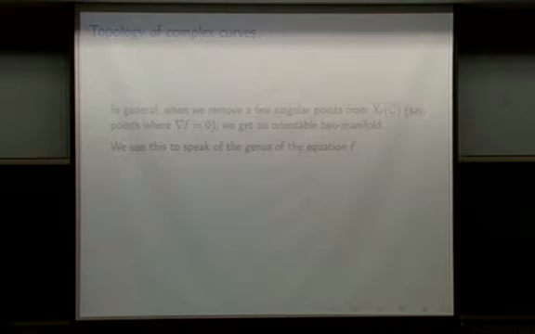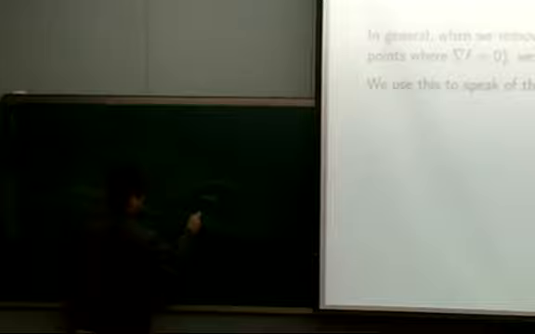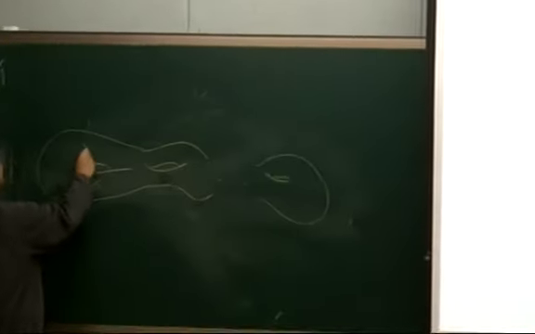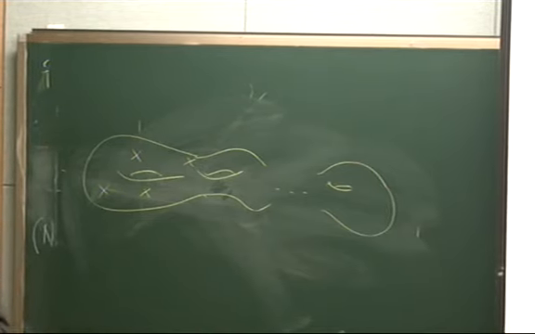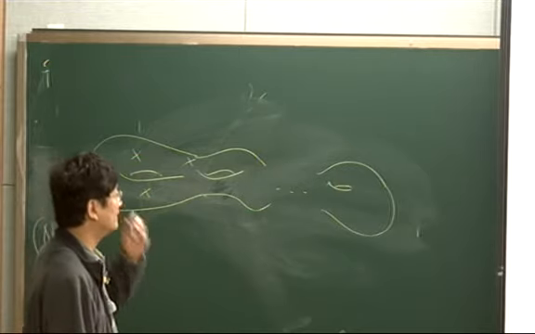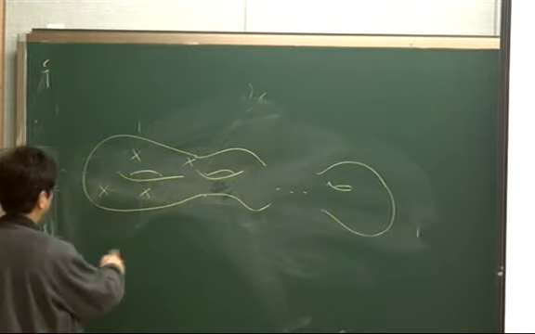Except for a few points you might have to remove, what you get when you look at the complex solution set is this kind of thing. Possibly more handles, okay, with some points removed. This is what it typically will look like. It takes a little bit of work to prove this, but not so difficult. It's about at the level of beginning Riemann surface theory. But anyway, this is the picture you get.